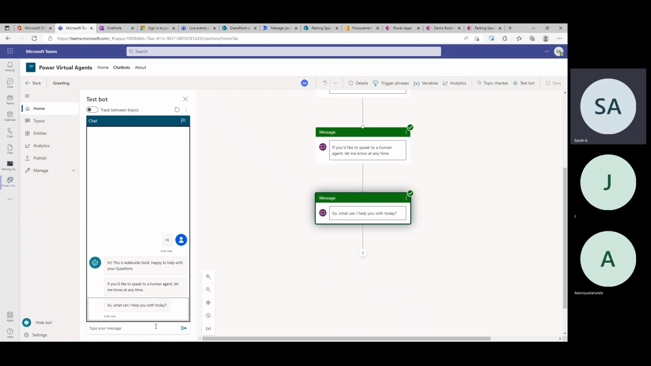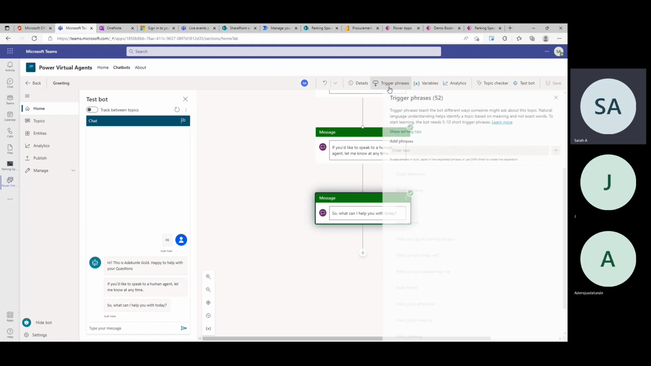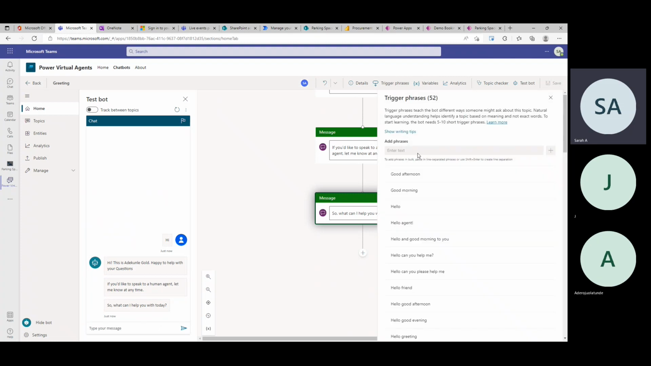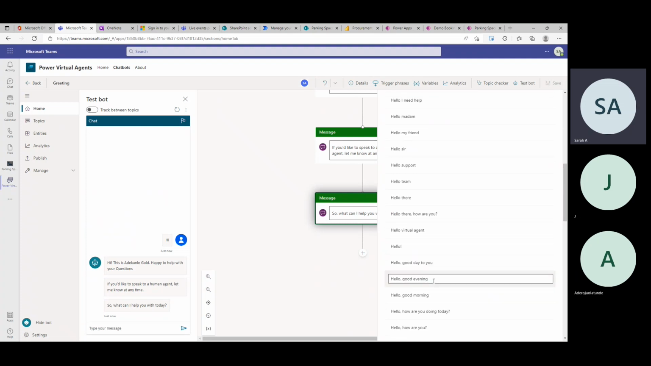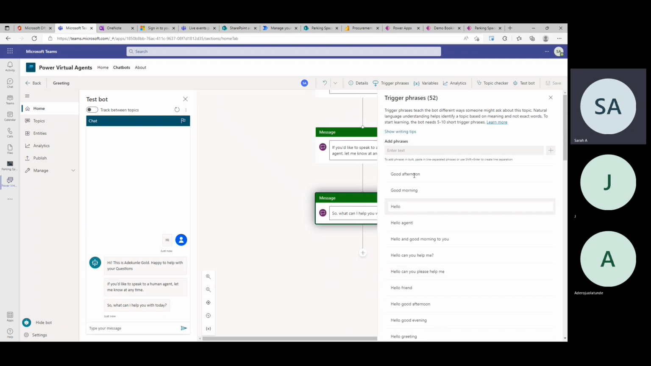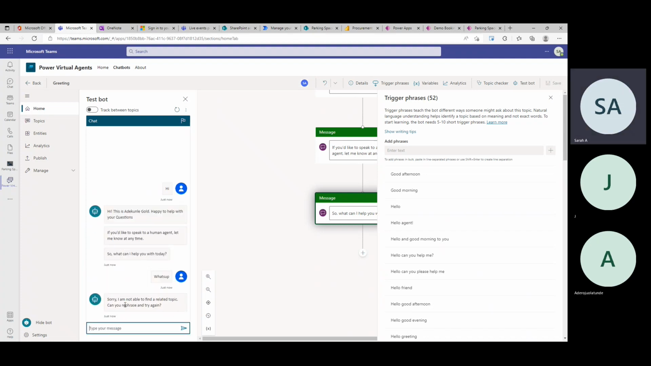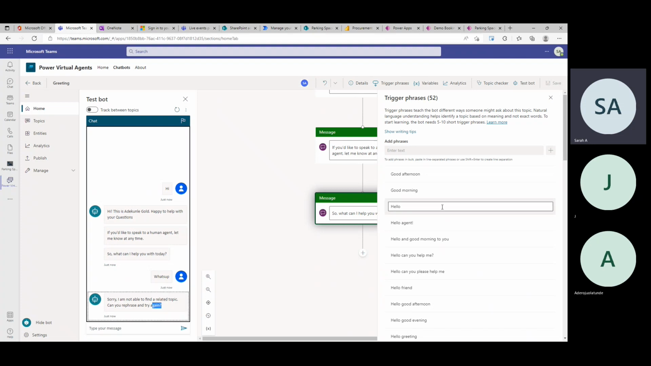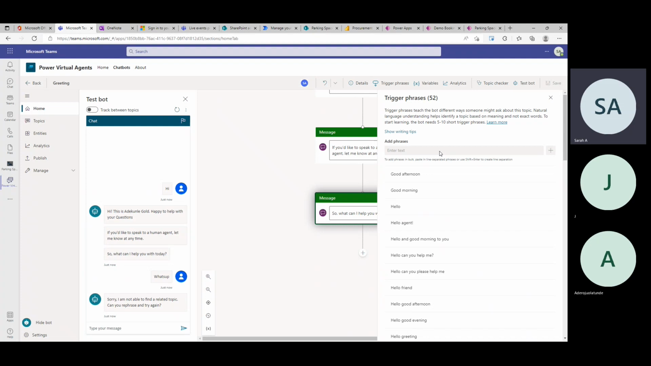Of course, there are so many other things you can do before you publish it. You can also create trigger phrases that say, if this is it, good afternoon, good morning, hello agent, this is this. You can even put WhatsApp as a trigger phrase. So when someone types WhatsApp, let's try and type WhatsApp. See if anything happens. When you say WhatsApp, it says, sorry, I'm not able to find a related topic. Can you rephrase and try again? But when you add WhatsApp here,